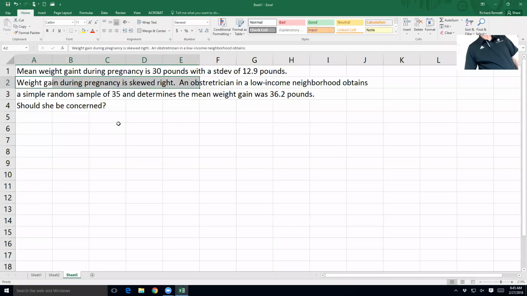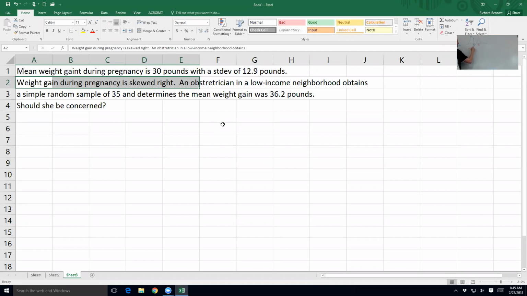What does that mean exactly? Should she be concerned? Does it look like her patients are gaining more weight than the average woman, right? Should she be concerned that her patients are gaining more weight? Okay, so what we're going to say is, if the probability